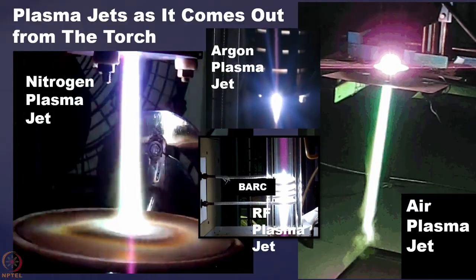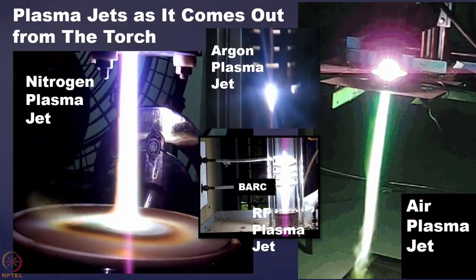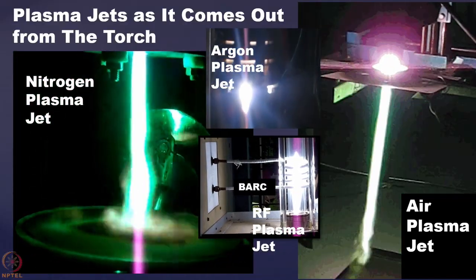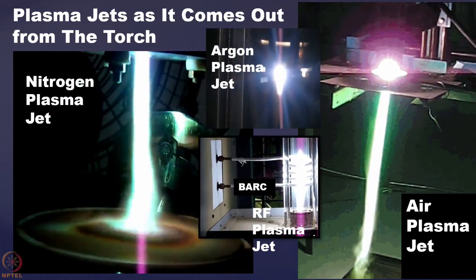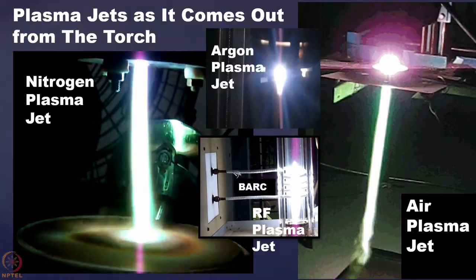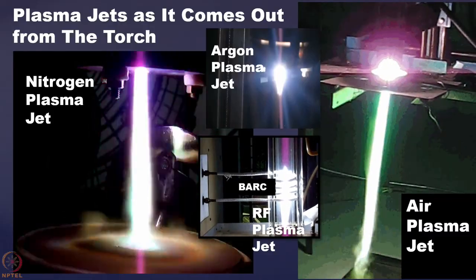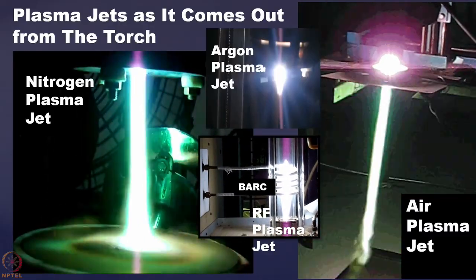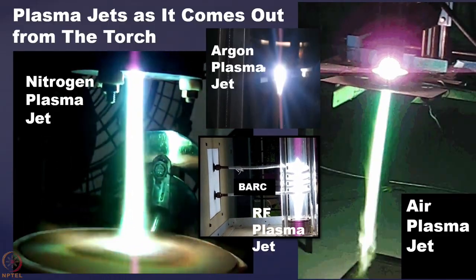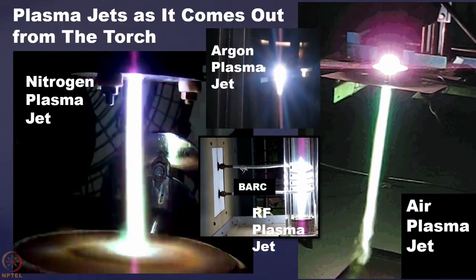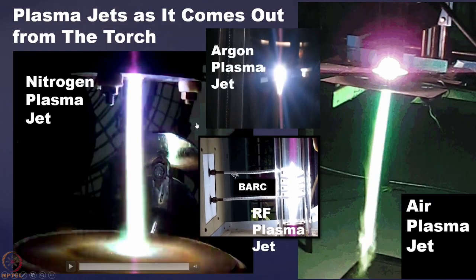Now this is such a luminous plasma jet that you just cannot look into it, and we advise that you don't look into these plasma jets because they emit UV quite appreciably. So it is not good for your eyes. Either you wear some glasses which block the UV radiation. Usually ordinary glasses, not the plastic kind of spectacle. If you use ordinary glass, then that actually blocks your UV radiation.